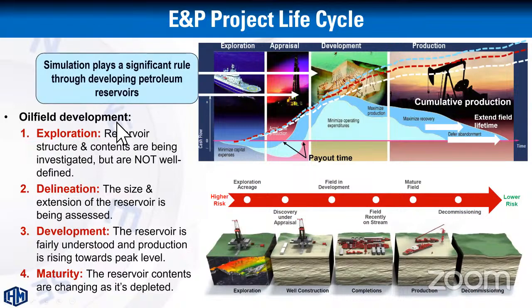So for the E&P project life cycle, as you can see, we have four different phases, starting from the exploration phase, appraisal, development, and maturity or production phase. In this plot, we have cash flow versus time on the x-axis. The cash flow during the exploration phase is typically negative because we are investing more capital cost for the seismic processing and acquisition, exploration, drilling, and so on. Once we have a successful discovery, you can start production